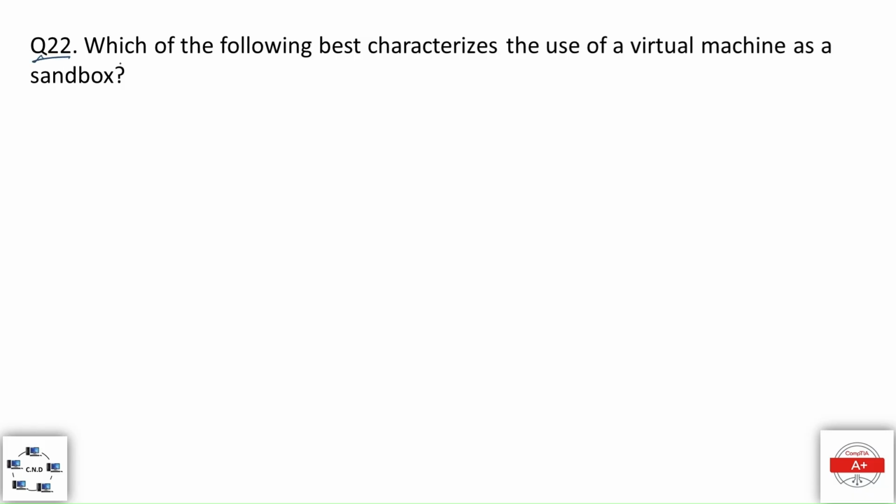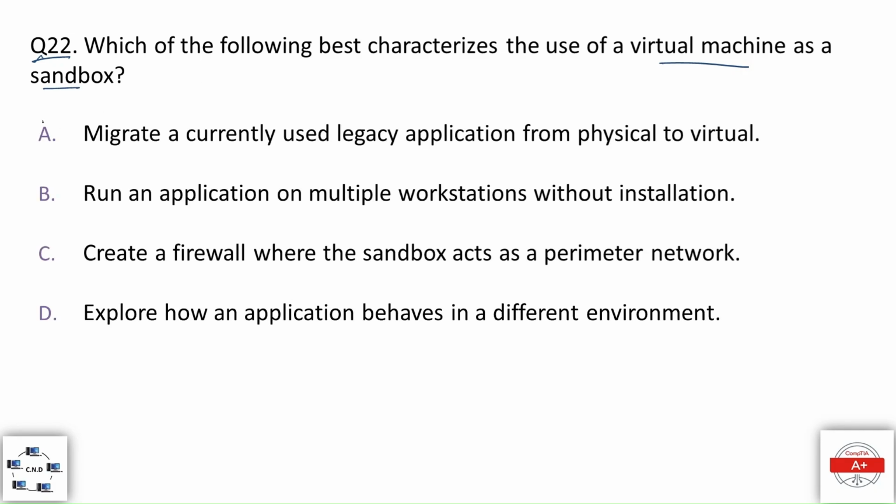Question number 22. Which of the following best characterizes the use of a virtual machine as a sandbox? And the options are option A, migrate a currently used legacy application from physical to virtual. Option B, run an application on multiple workstations without installation. Option C, create a firewall where the sandbox acts as a perimeter network. Option D, explore how an application behaves in a different environment. And the correct option is,